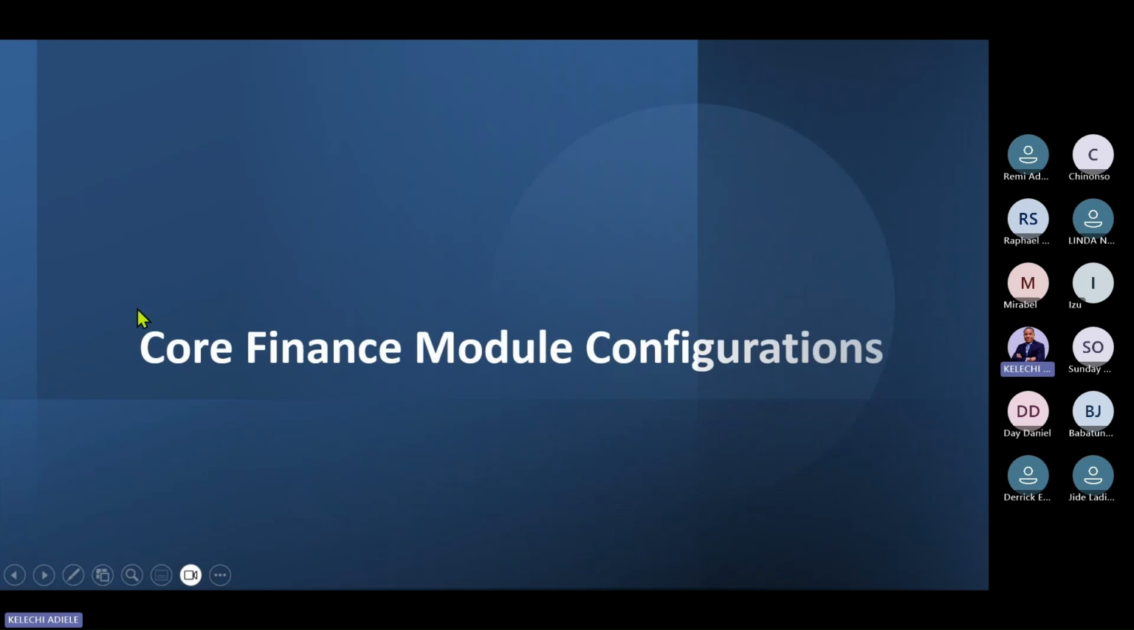Now, let's move on and look at core finance module configurations. So this initial part of this class is just to help us navigate. It's quite a simple and easy to use system. For those who have used more complicated ERPs, very sleek and very